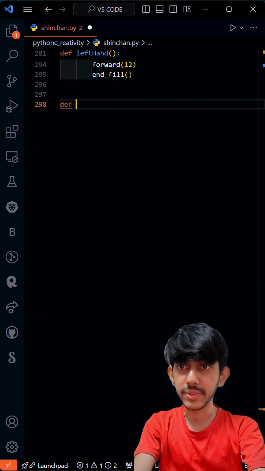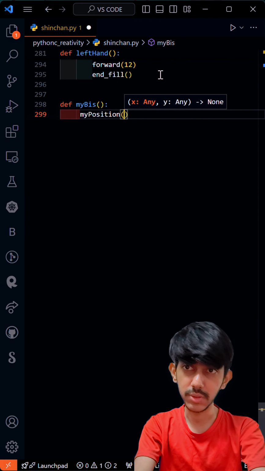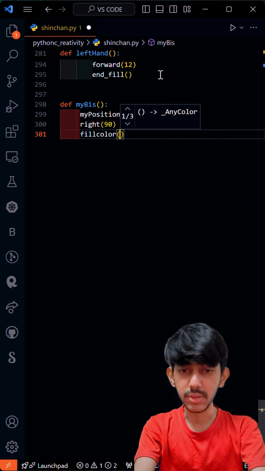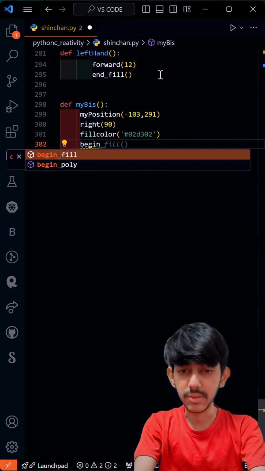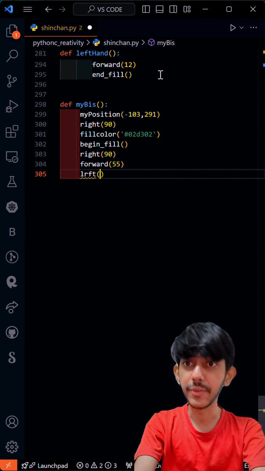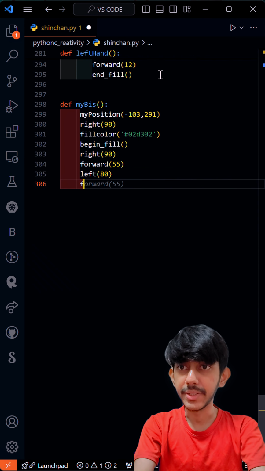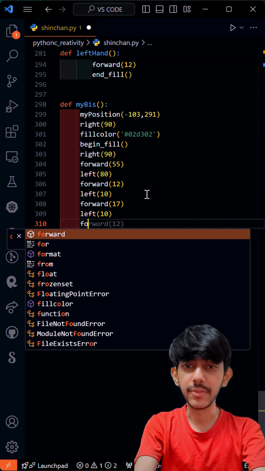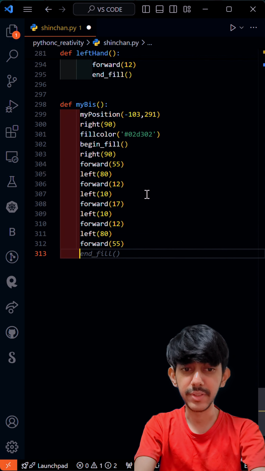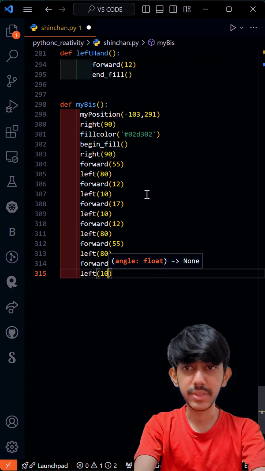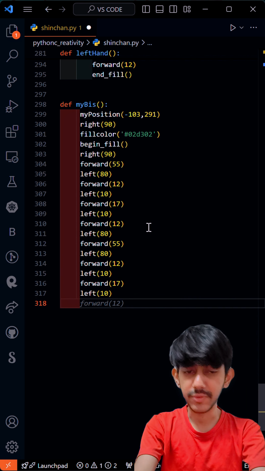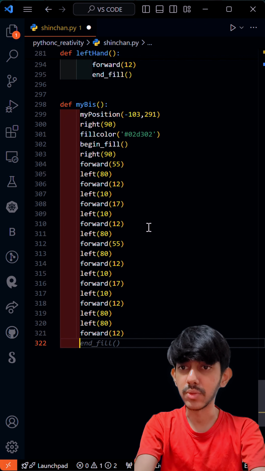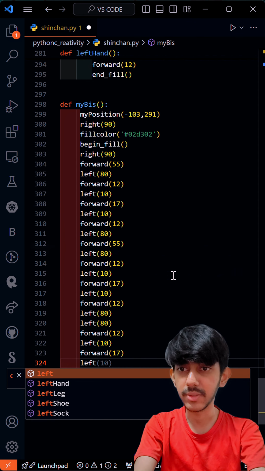Now I'm defining my base function. My position here is 291, for right taking 90, fill color with asterisk 0, for i in range 2, and for begin fill, right 90, forward 55, left 19, forward 12, left 10, forward 17, left 10, forward 12, left 80, forward 12, left 10, forward 17, left 10, forward 12, it's not 20, it's 12, left 10, forward 12, left 10, forward 17, left 10, forward